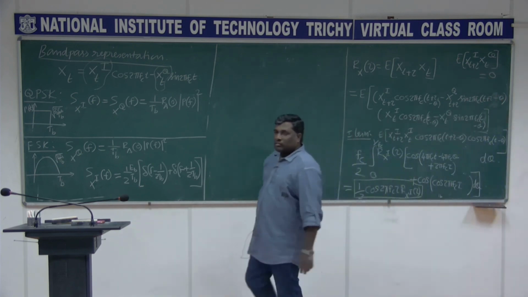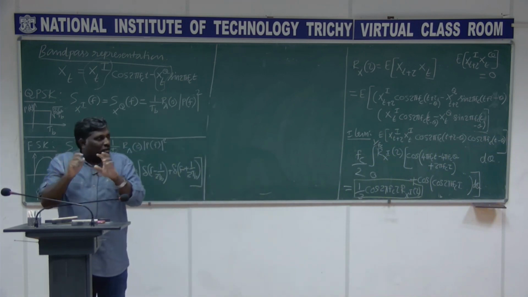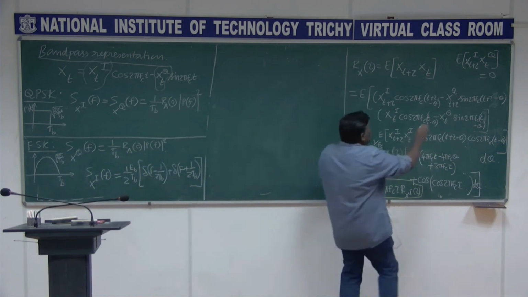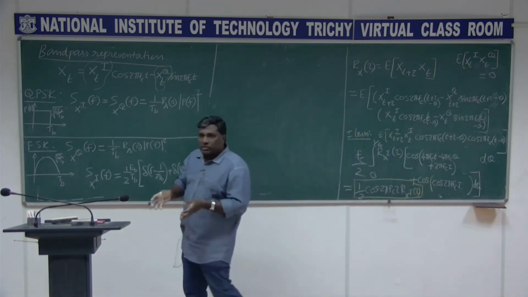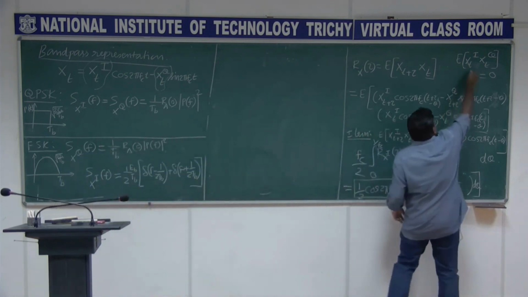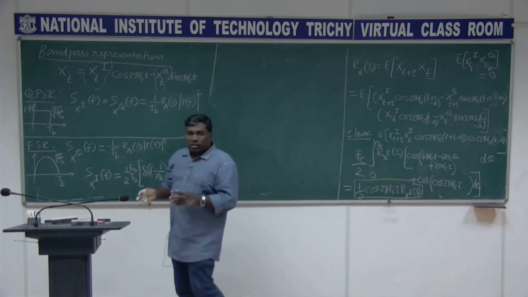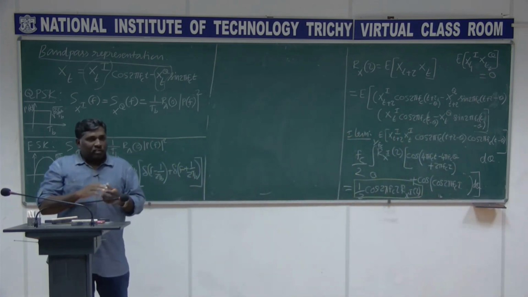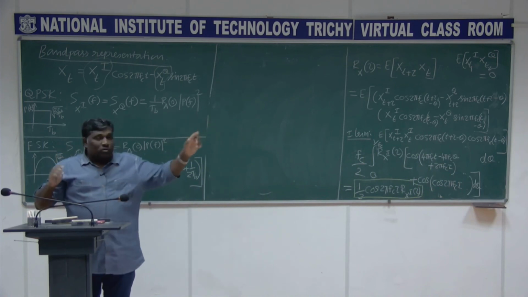Right, this t plus tau can be anything. It is not only tau, it can be just t also, it doesn't matter. From the in phase component, any time instant you choose. More generally it is going to be t1 and t2, any time instant you choose from the in phase component and quadrature component. If I take the expectation of x_I(t1) x_Q(t2), I hope this is clear to you.